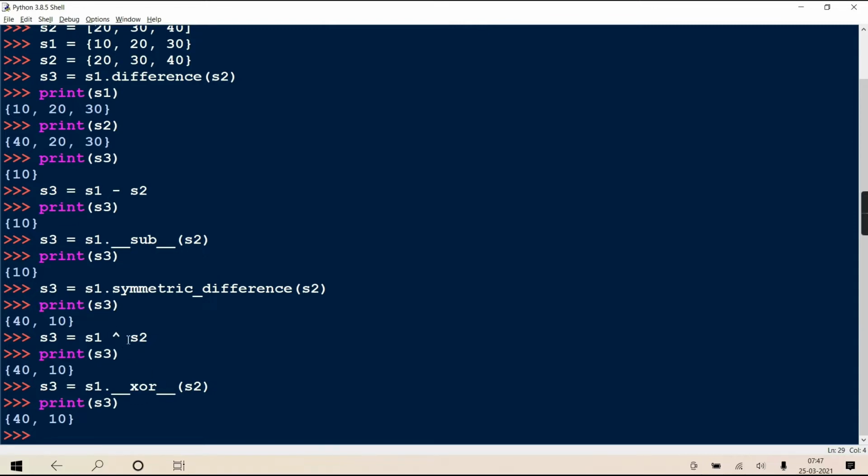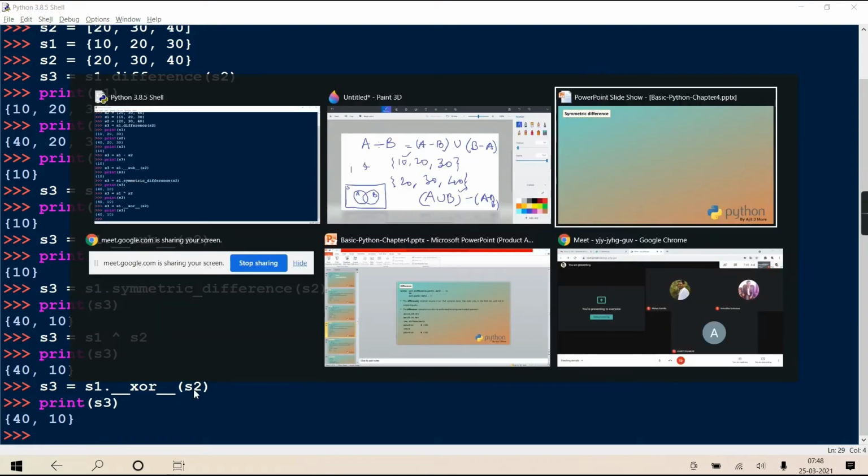For us they have given an ease: you can use the caret sign between these two, but internally S1 is invoking this magic method and S2 is passed as a parameter. So symmetric difference you got.